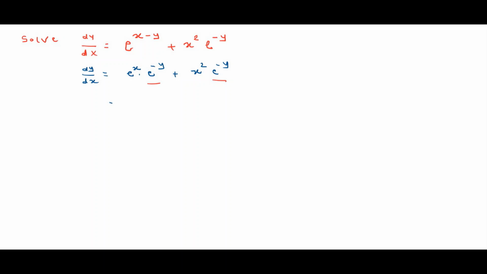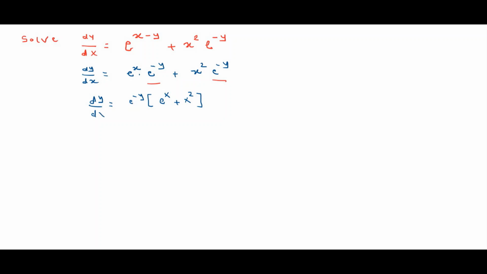If we take e raised to minus y common, what we get? E raised to minus y is common. The remaining terms are e raised to x and plus x square, and left hand side we have dy divided